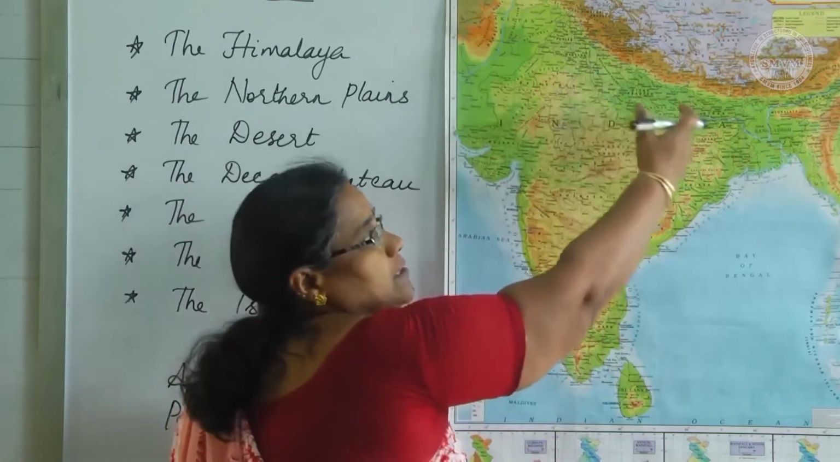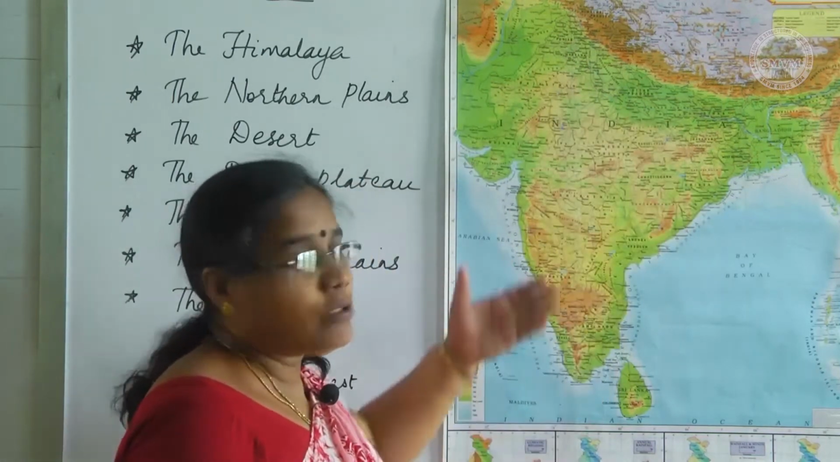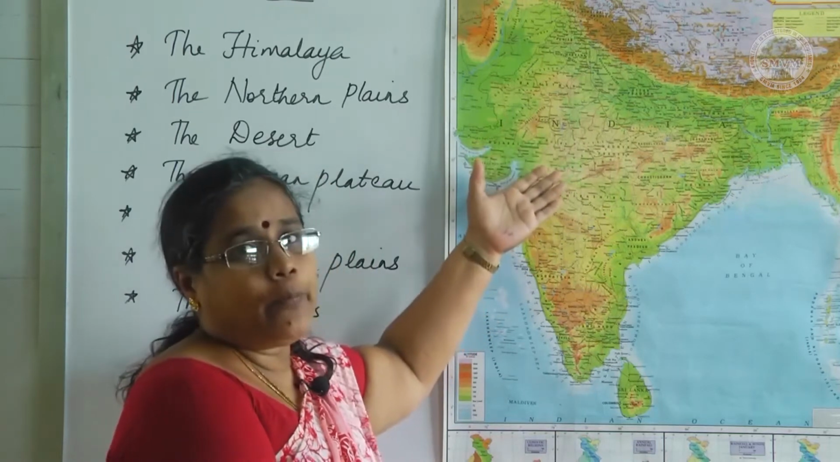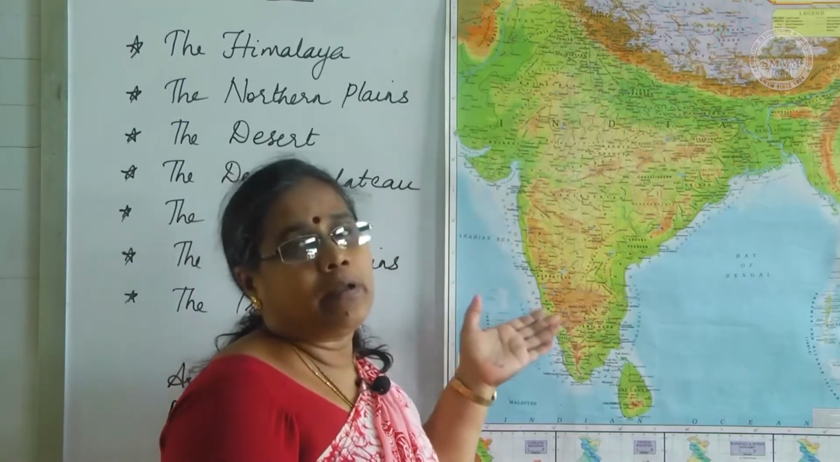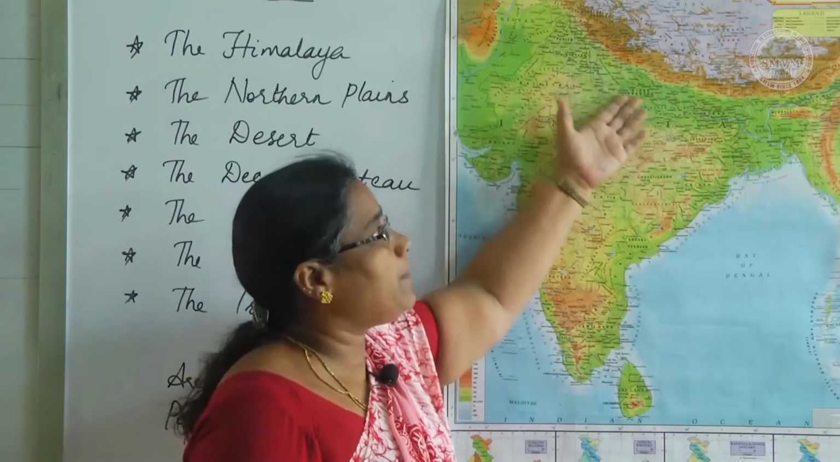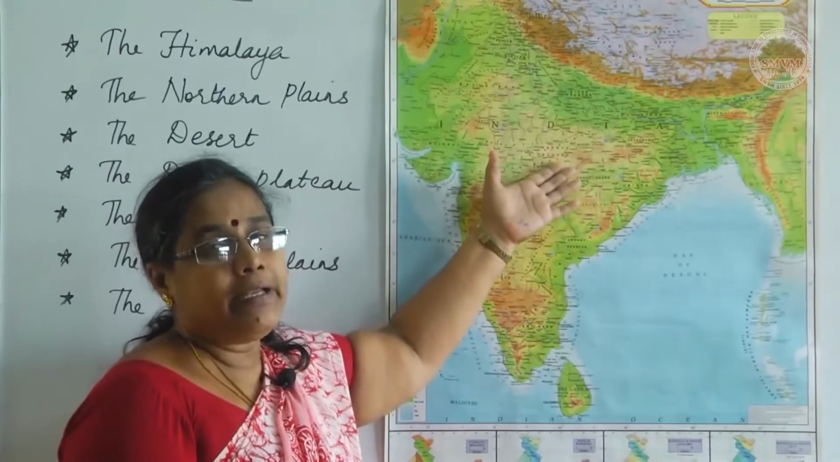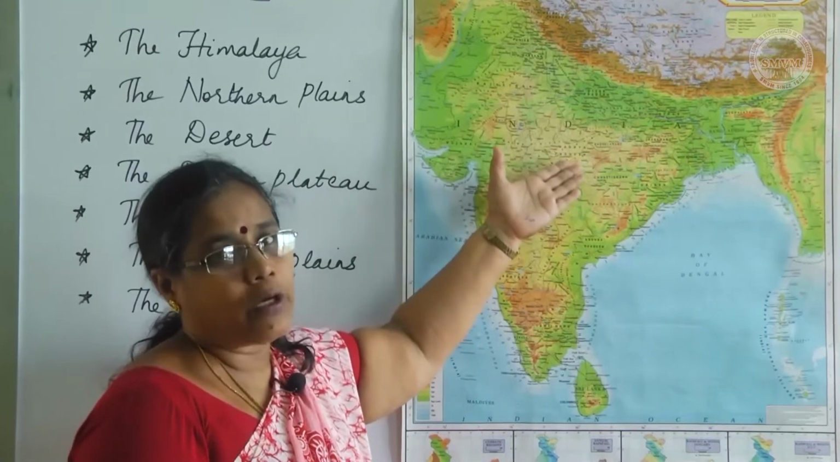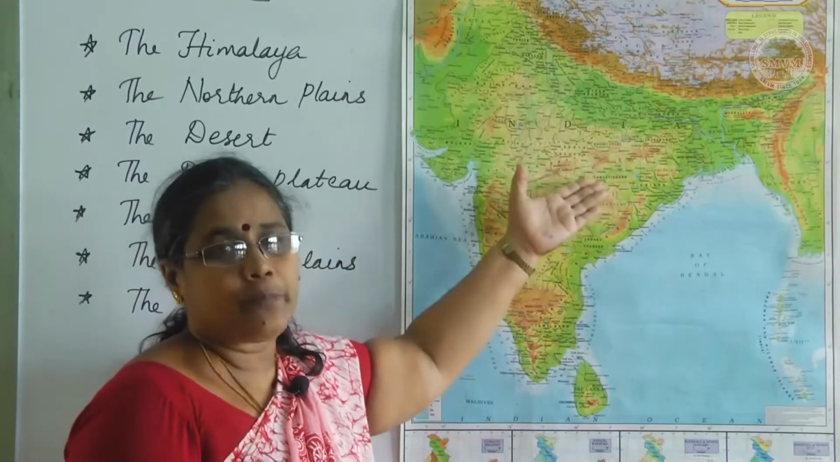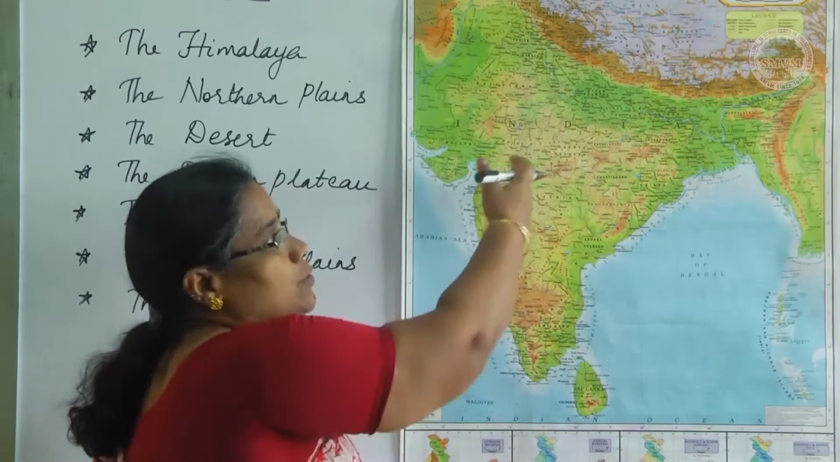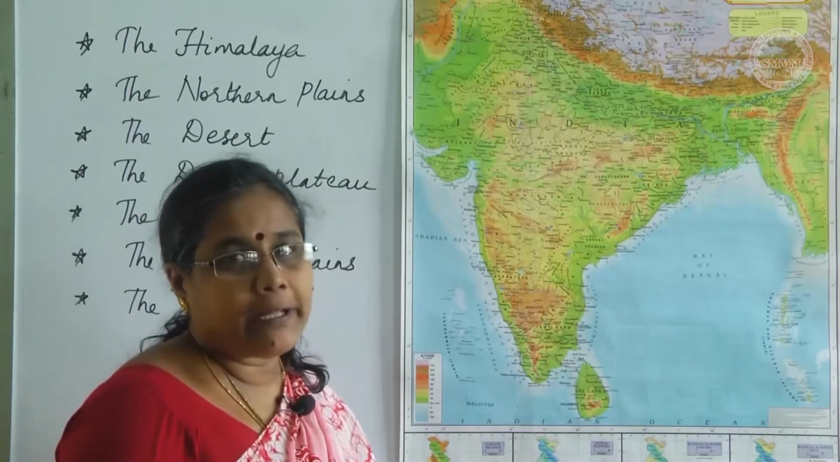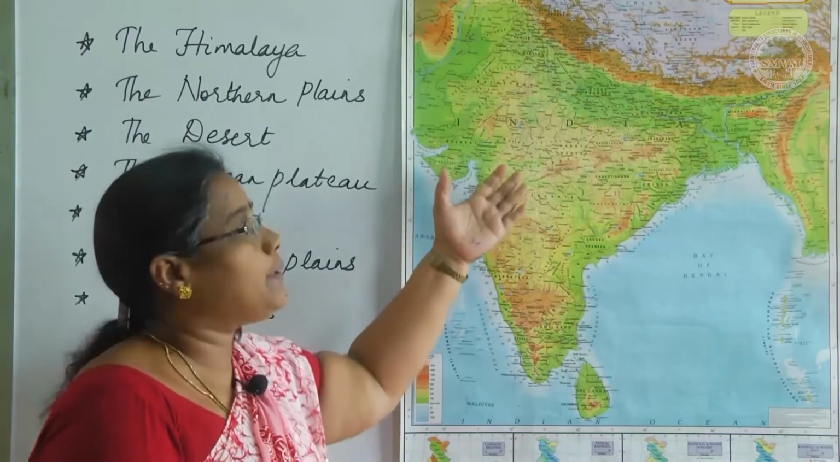And that's the reason it is totally fertile, and because of that, it is thickly populated. Among all the locations of India, these plains are said to be thickly populated. The basic need for the people is food and water, which is available in this plain. That's the reason this northern plain is said to be very fertile, and it has been thickly populated in